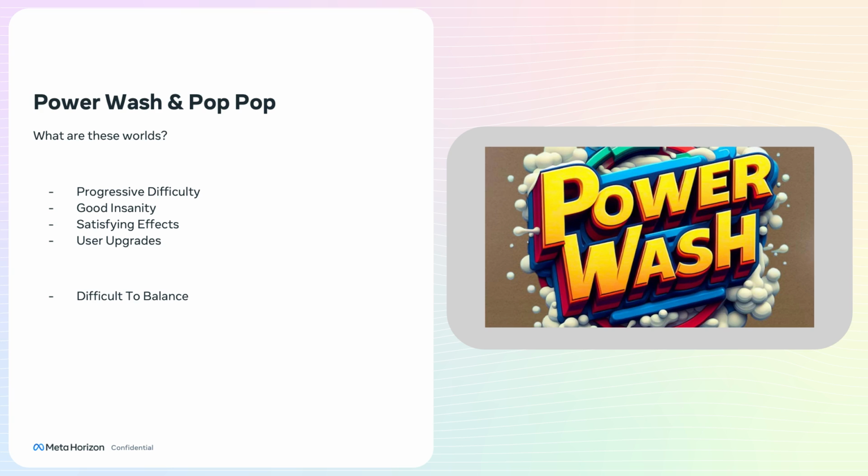But the balancing act in Power Wash took way longer than I expected. We had the first game built in like a week, but then it was nearly 3 weeks of just tweaking the numbers to get it to play right, where you didn't get overpowered too quickly. And with Pop Pop, I really think we got lucky. I don't know how, but I built it in 2 days and the math just worked well. But this one, I spent 3 weeks literally tweaking numbers until it felt like the game was progressing at a decent pace for both users new and old.